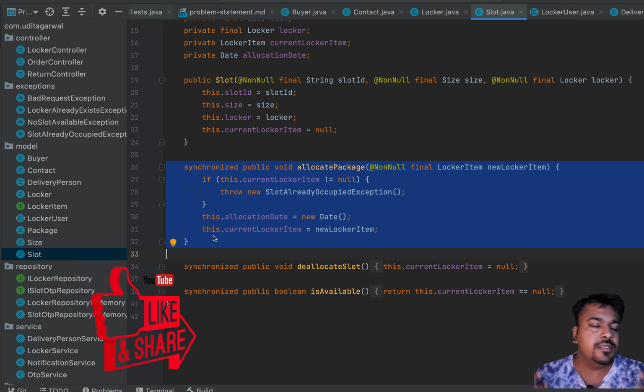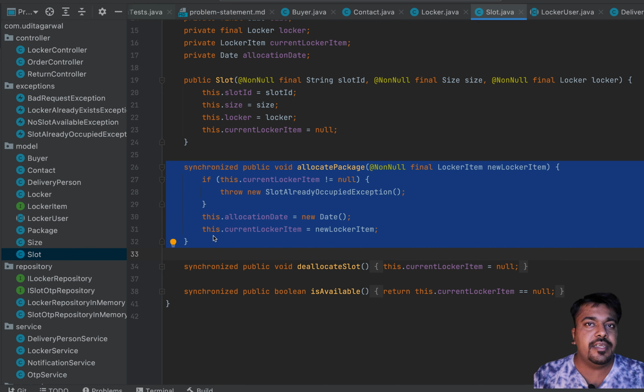Over there, design patterns and design principles will not be a very big goal of the interview. The goal of that interview is to see how you understand the thread safety concepts. So these two interviews generally happen differently. Either they focus on extensibility, design patterns, design principles, or they focus on thread safety. So whenever you're doing things, think about what you are trying to achieve. Do you want to include thread safety in it or not? If the interviewer has not explicitly asked you to implement thread safety, don't worry too much about it.